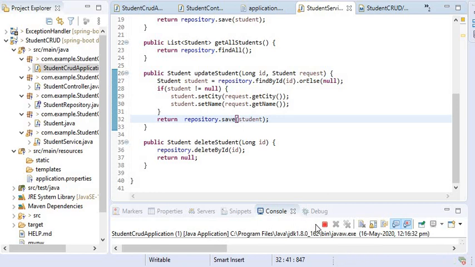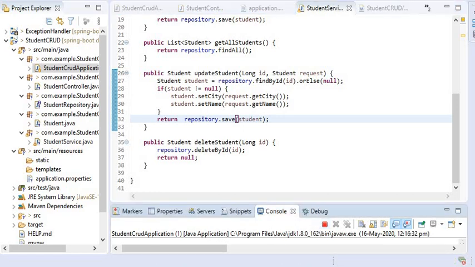So now I will stop the application and run it again.